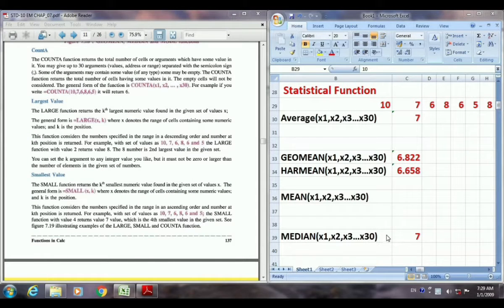We discussed the median function. Here we have added one new value, and that is why instead of 6 we now have 7 total values. As I told you, it will show you the middle number, but here 8 is in the middle. Then you will think, why is the answer 7 coming?